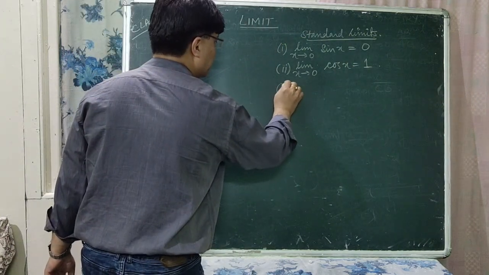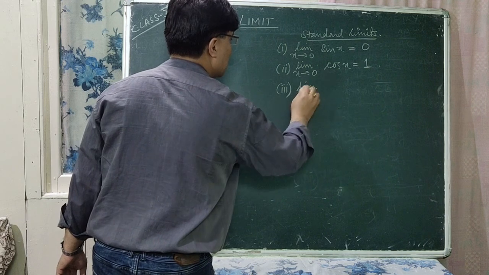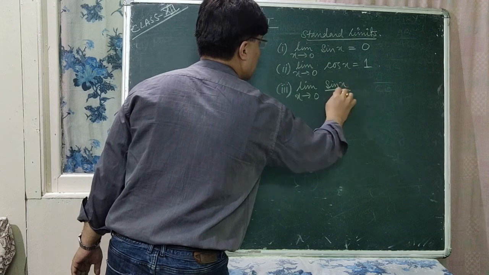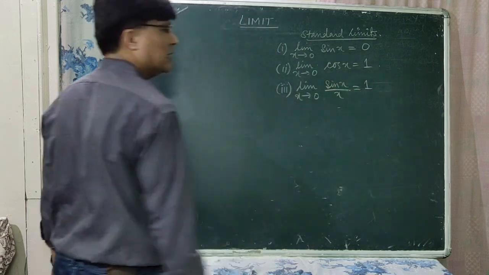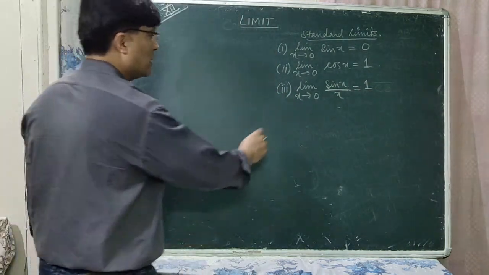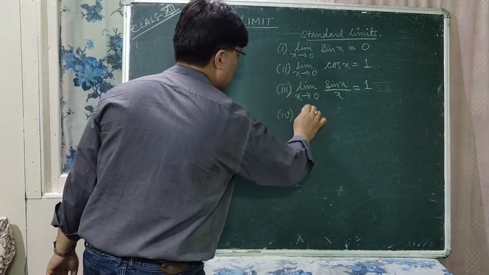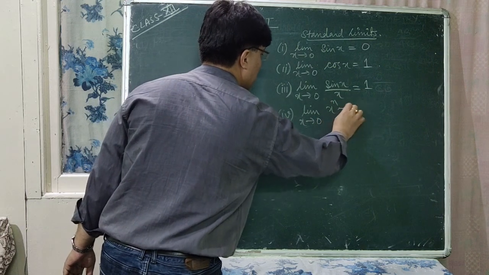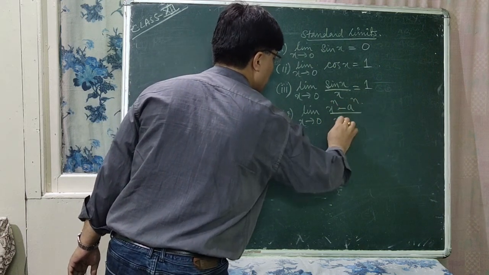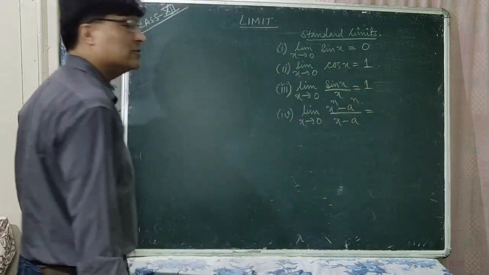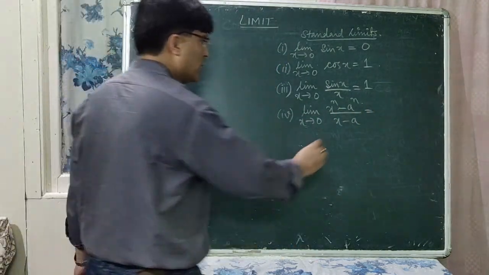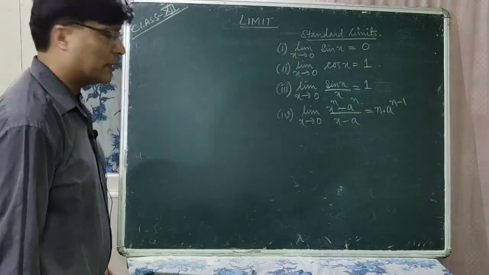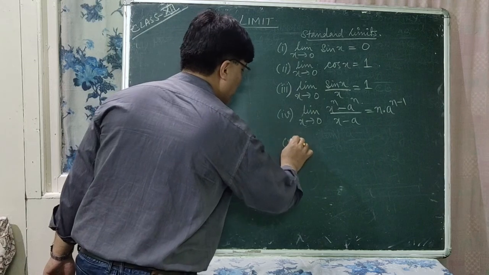Number 3 is limit x tends to 0 sin x by x is equal to 1, right? Number 4 is limit x tends to a, x to the power n minus a to the power n divided by x minus a, is equal to n into a to the power n minus 1. Okay, and then number 5 will be